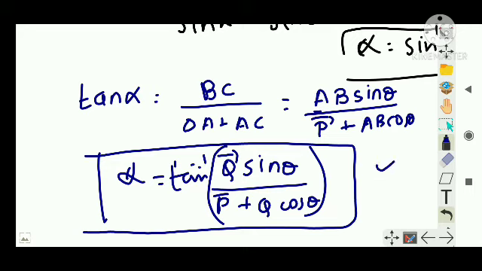This formula is important. Similarly, R is equal to root of P square plus Q square plus 2PQ cos theta, which is also very important. Keep that in mind. This is a lengthy one. While you are listening to the class, you might not understand everything. Just write it down, then read the entire thing by yourself. It is very easy to understand. Clear? It's an entire process which you have to learn by heart.